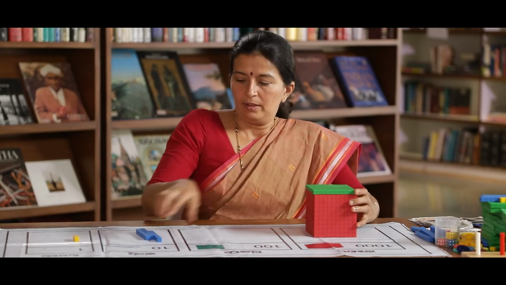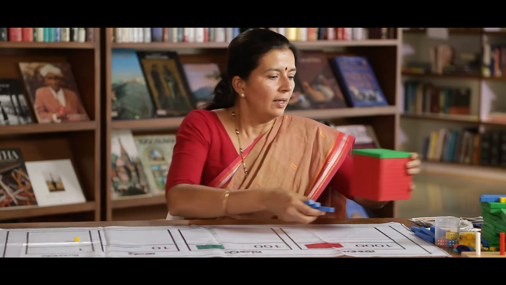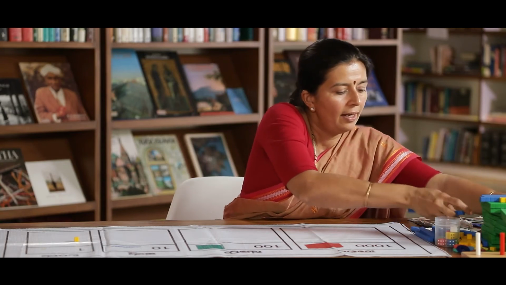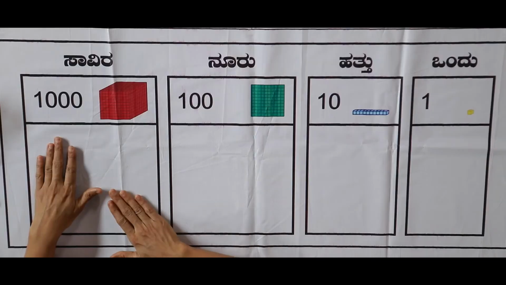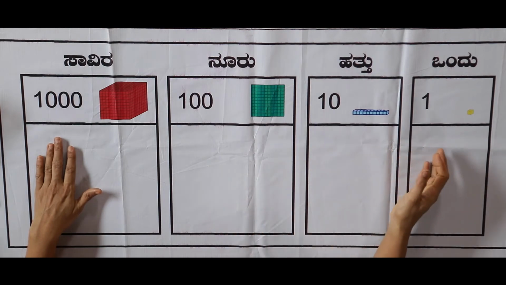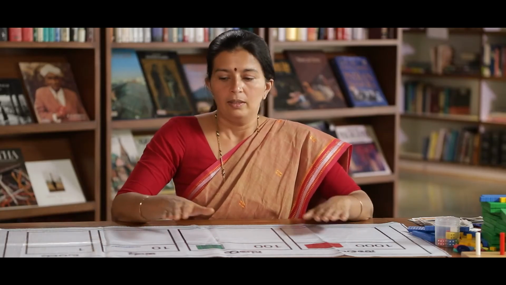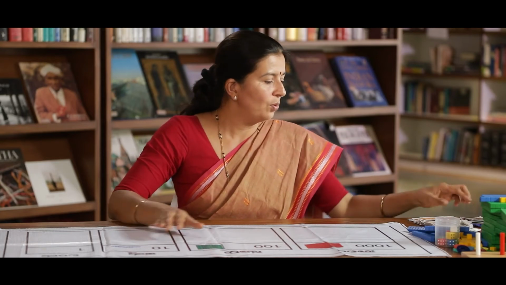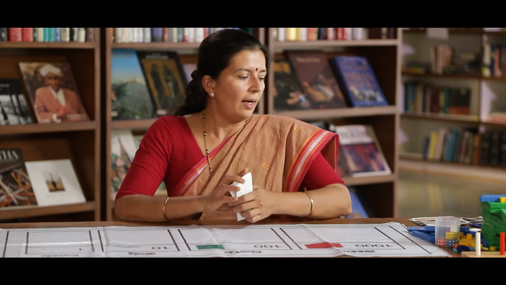Similarly, we have play money. But on the place value mat, we have only 1000, 100, 10, 1. 4-digit numbers, that is 9999. We can count only up to 9999 using the place value mat and play money. Only so much. Now, for 5th standard, 5-digit counting will be taught.